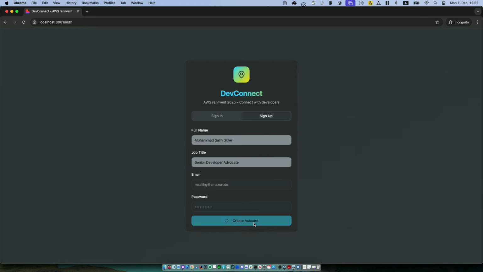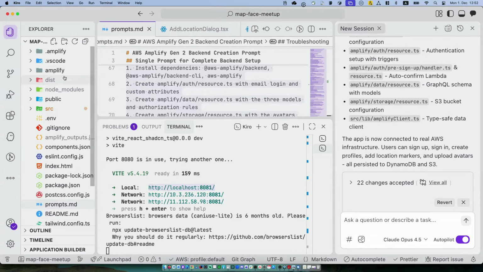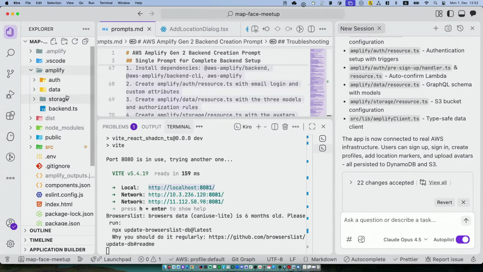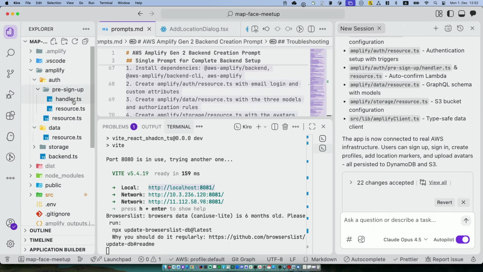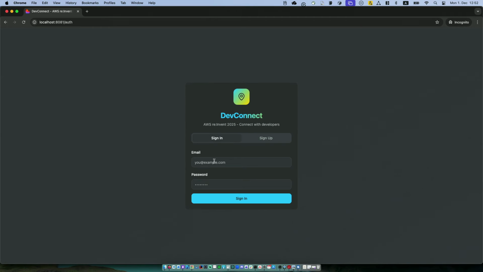The first thing that we will see is it is directly going to say that the account is created, everything is in place. So once the account is created, it will send an information and so on. But I didn't want this. I actually wanted it to skip it. So you can add this flow directly into it as well. And it should have, but let's see. So let's see what it did for Amplify. Yeah, for the pre-sign up, we have everything in place. So maybe it was just a simple error. Let's see how we can log in.